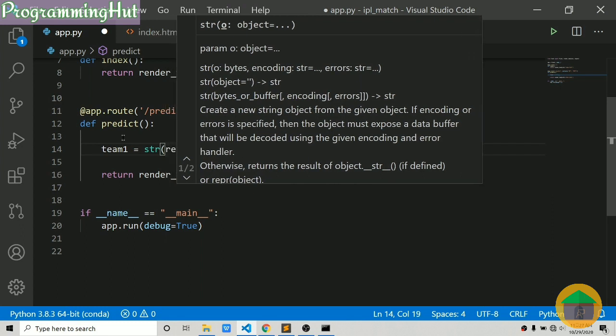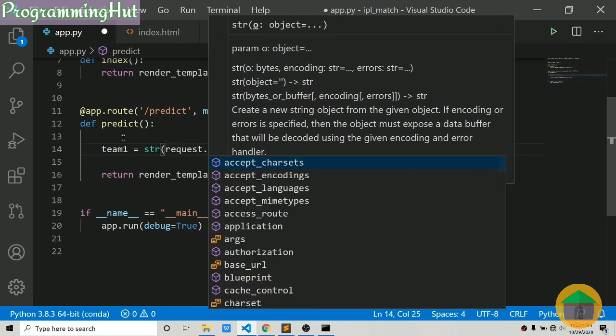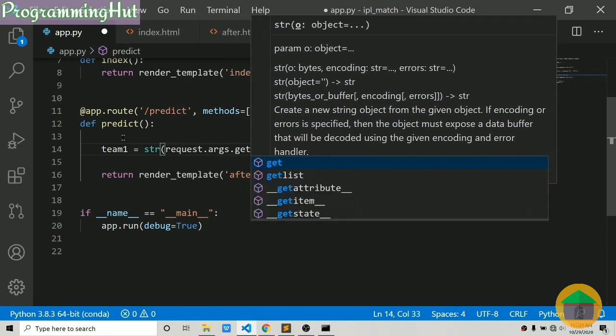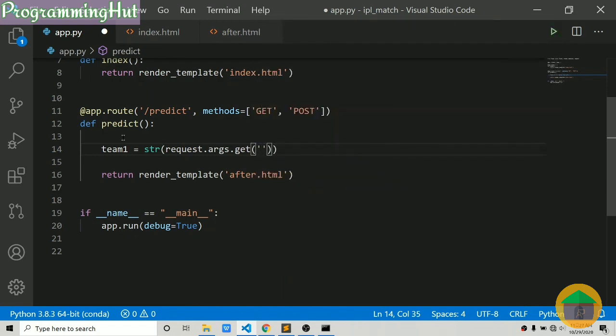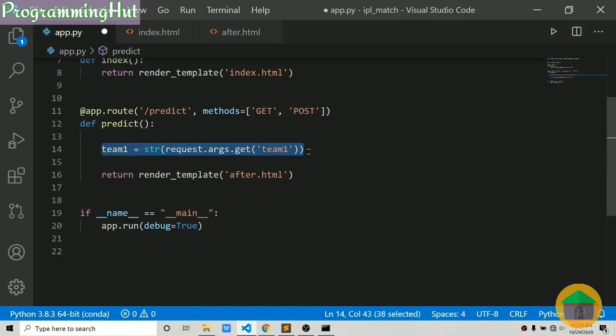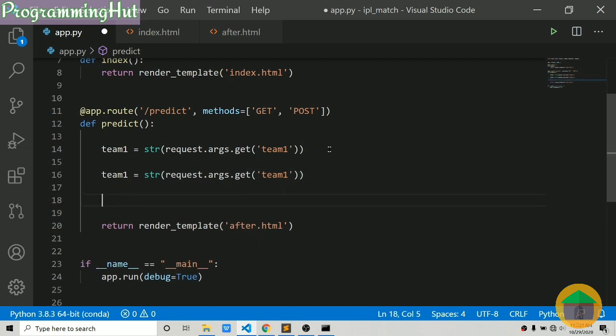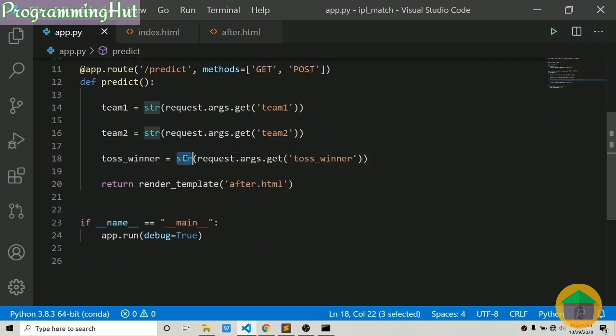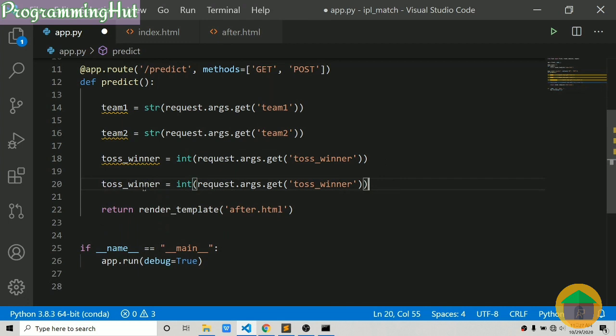We can use request.args.get, and in this you have to pass the name, which is the team1 name which we have defined over here, and we will do the same for team2. And actually this should be an integer, and one last thing, which is toss decision. It should be similar to that.